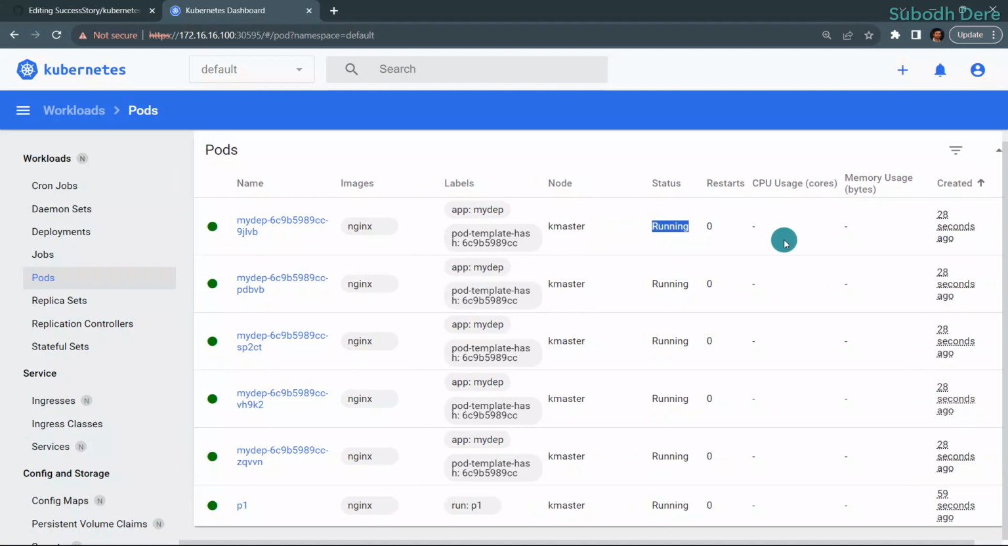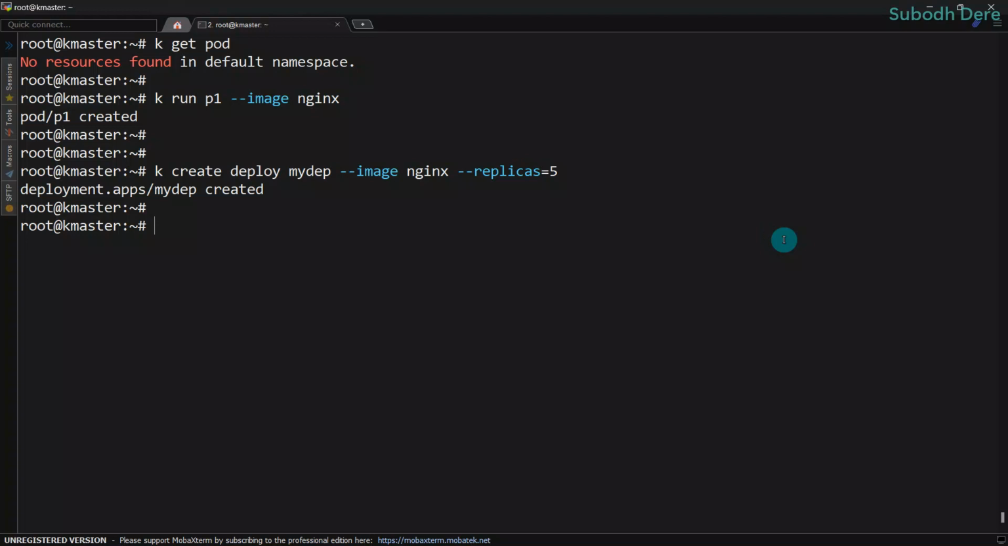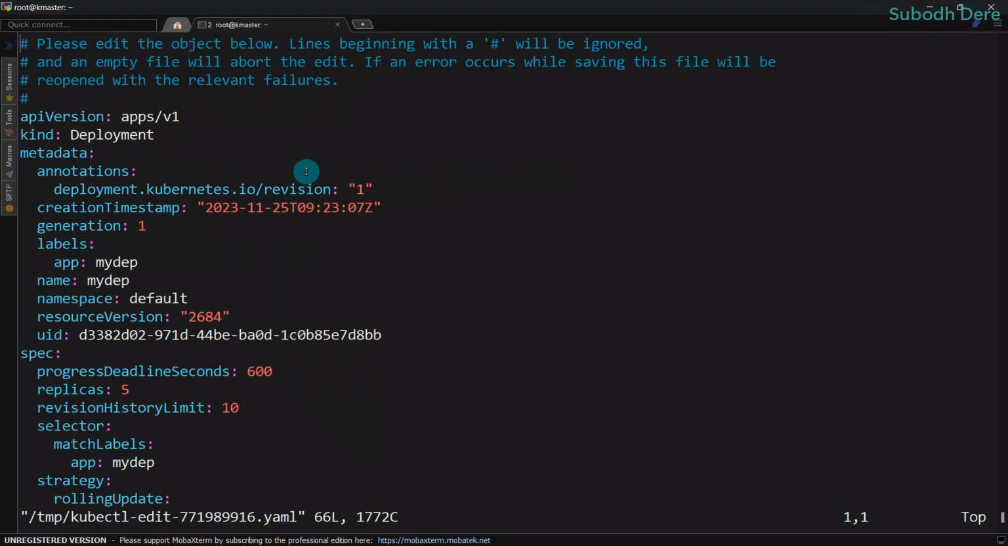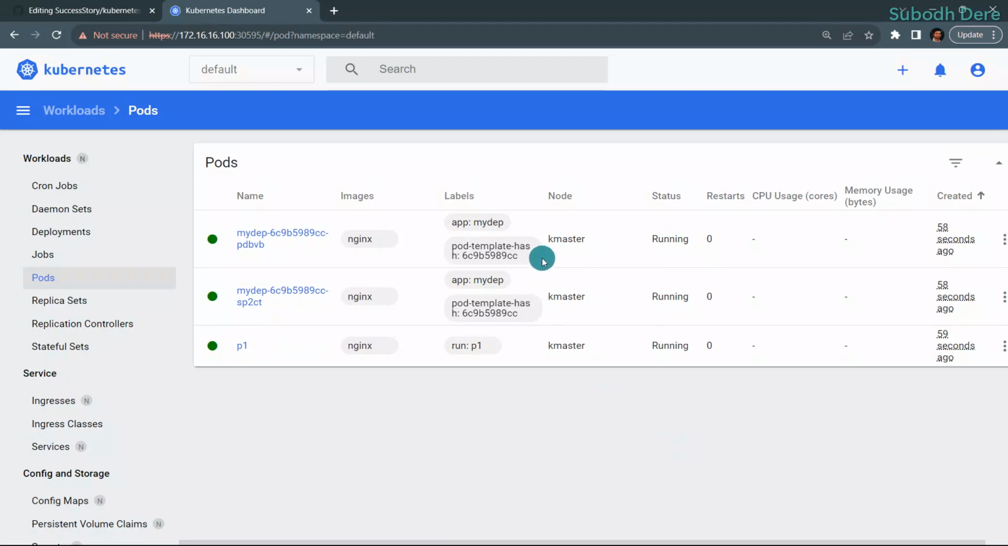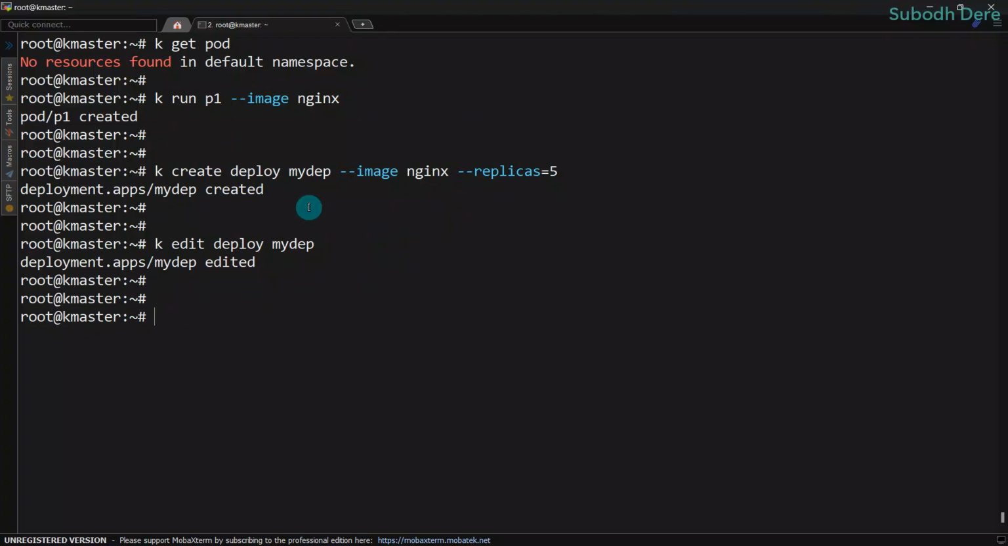And let's say if I delete certain pods, let's say kubectl edit deployment this, if I change replicas from 5 to 2, then automatically 3 of the pods will get deleted. You can see it is terminating, this one is terminating, this one is also terminating, and only 2 pods are remaining. So the thing is, whatever I can do from the terminal over here,